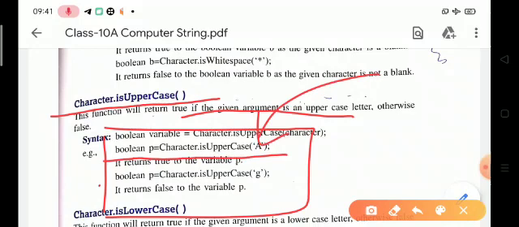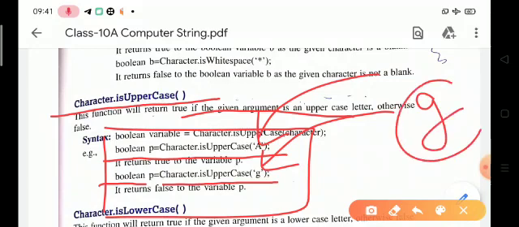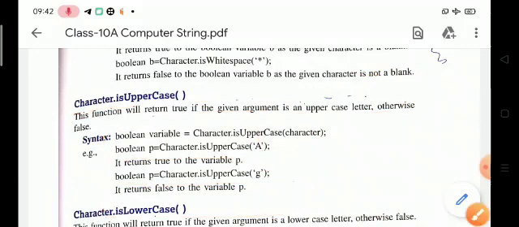But in another example, boolean p is equal to Character.isUpperCase of character g, which is lowercase, so the output will be false, because the isUpperCase function checks whether the given argument is uppercase or not.